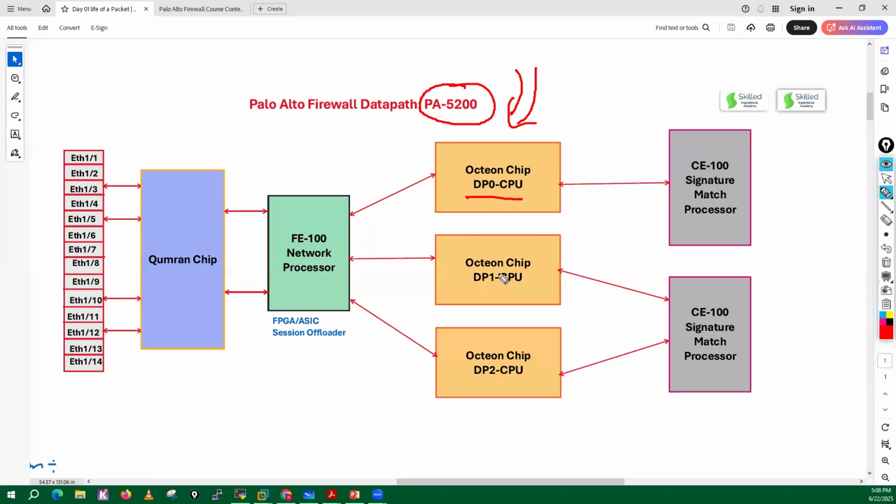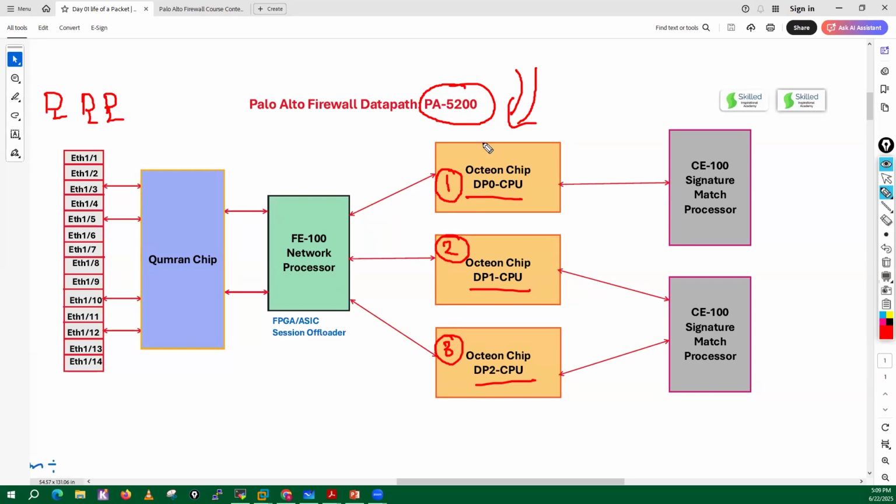multiple CPUs. Now when we receive a packet, maybe the first packet is processed here, another packet is processed here, and another packet is processed here. All those three packets are processed at the same time by the firewall. Let's say we have users here, like PC1, PC2, PC3.